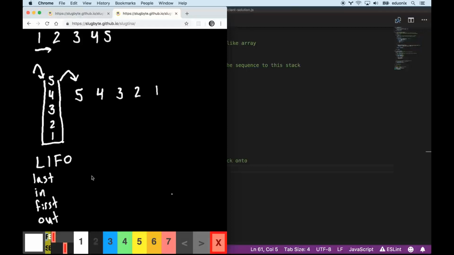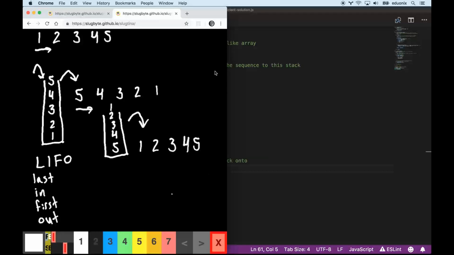This is like grocery stores when you have a milk carton and you load them from the back. So, actually, no, that's incorrect. The way that we can get this back to its original order is we can take each of these numbers and put them back in a stack. So now we can do 5, 4, 3, 2, 1. And when we pop each of those out, now it's going to come back out as 1, 2, 3, 4,